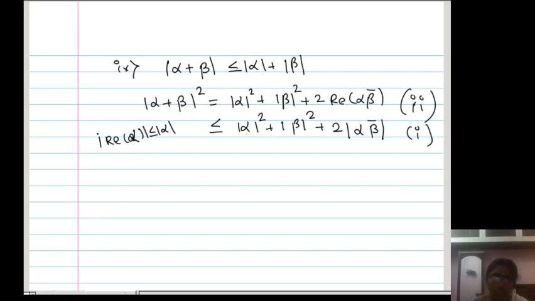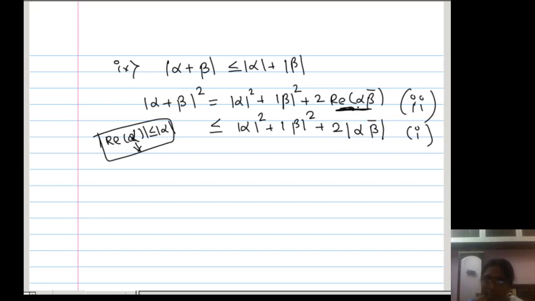The first property means what? Alpha is one of the complex numbers. The real part of that complex number is always less than or equal to the mod of that complex number. Now alpha beta bar is one of the complex numbers. The 2 as it is you can write. Don't think about 2. What is alpha beta bar? One of the complex numbers. If you do the product you will get one complex number. The real part of that complex number is less than or equal to the mod of that complex number.